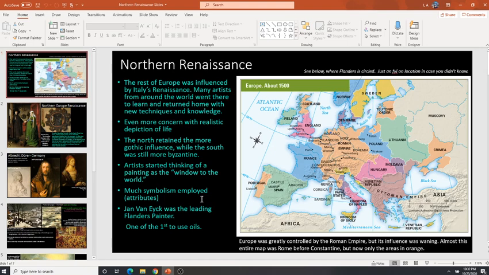He is one of the first people to use oils outside of Italy, and it's even said that he might have used them before his influence in Italy, depending on who you listen to art historically. He may have been one of the very first people to experiment with oil as a medium instead of tempera painting. Some of his paintings have some tempera in them, and some are strictly oil paintings, but he's very well known for his skill in using oils.